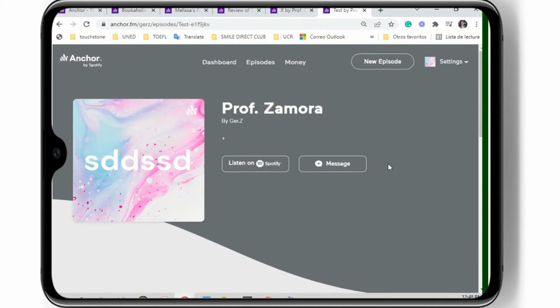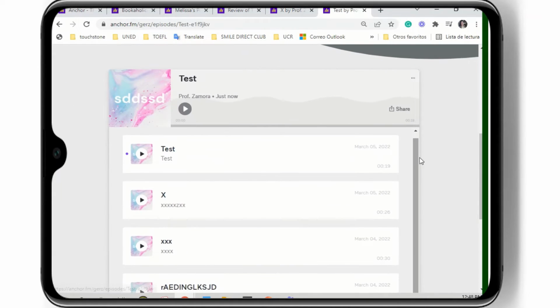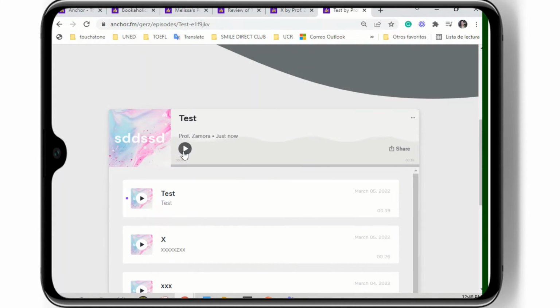This is the final result, let's say the final product, and I can go ahead and just play the audio over here. So let's imagine a student was talking about a specific book, and he or she decided to create or to talk about different chapters. So they can also do that if they want. So I just click over here, and I will be able to give feedback, also to go back. Then I can also go ahead and check